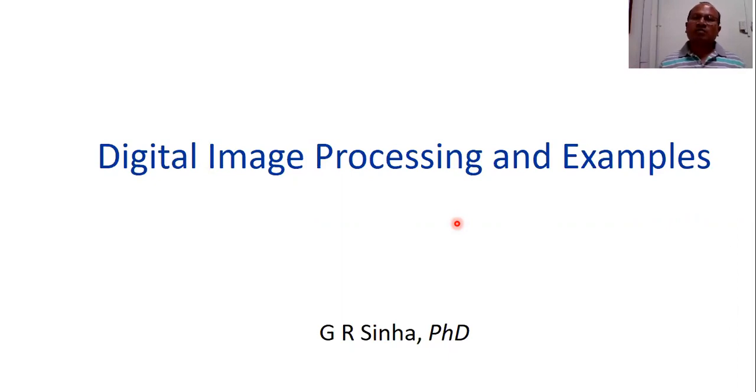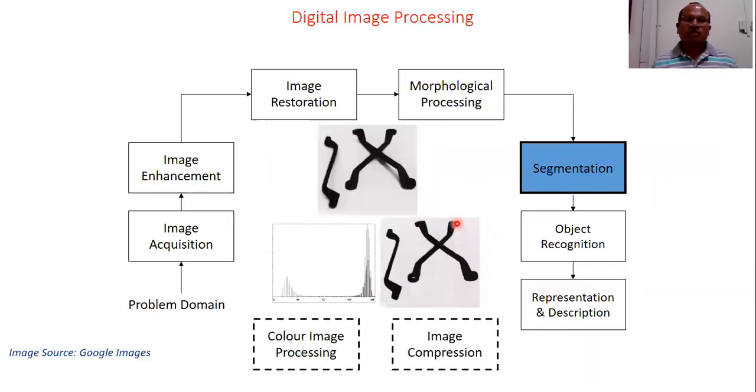And it has a number of components. We had discussed a few components in the previous lecture. Now we will continue with some more components, and then we will also discuss a few important examples of digital image processing. You can look at this slide: these are the major components of any digital image processing. It begins with the problem domain. Problem domain means you have to capture an image for a certain application, for a certain purpose, a certain task. So that is your problem domain.